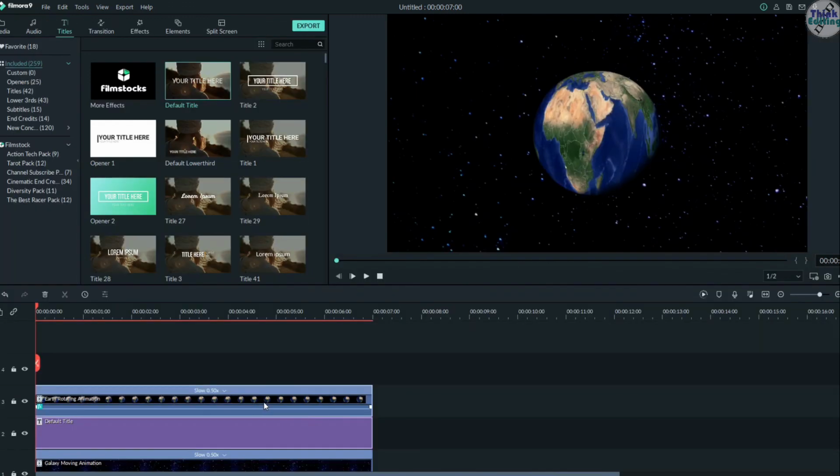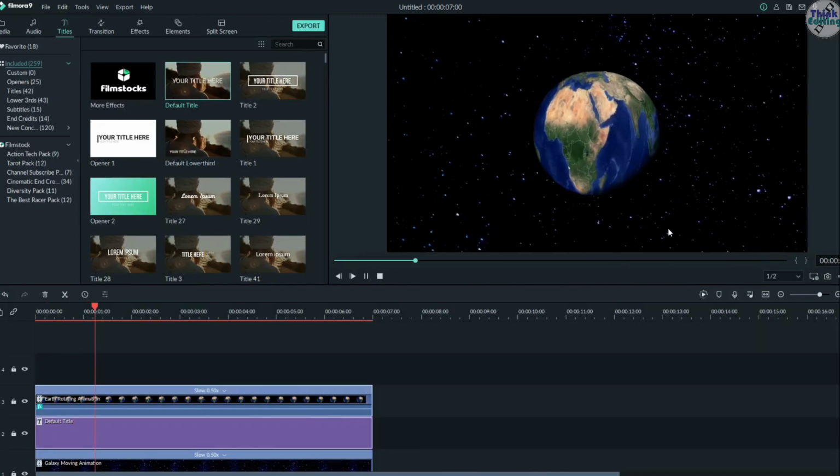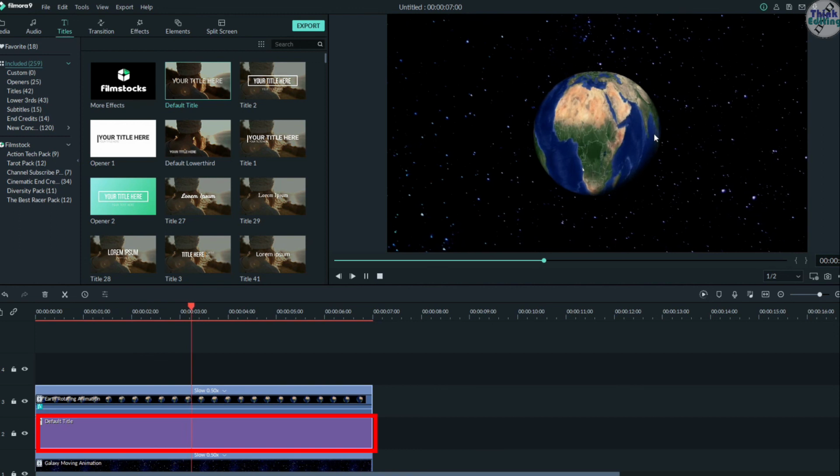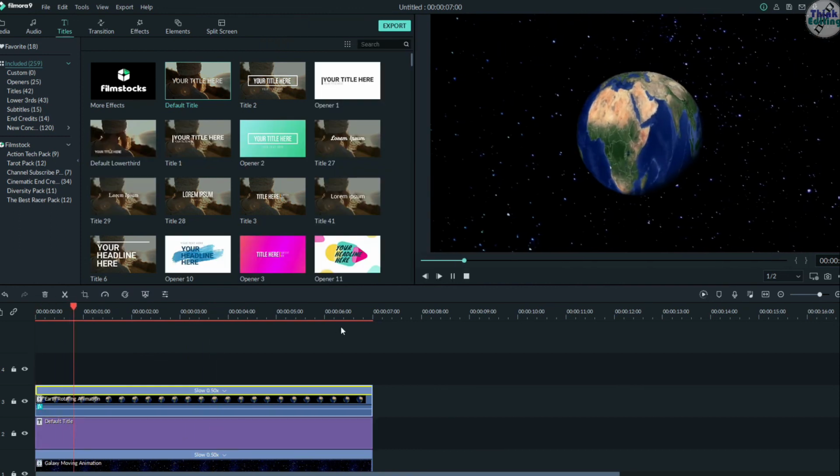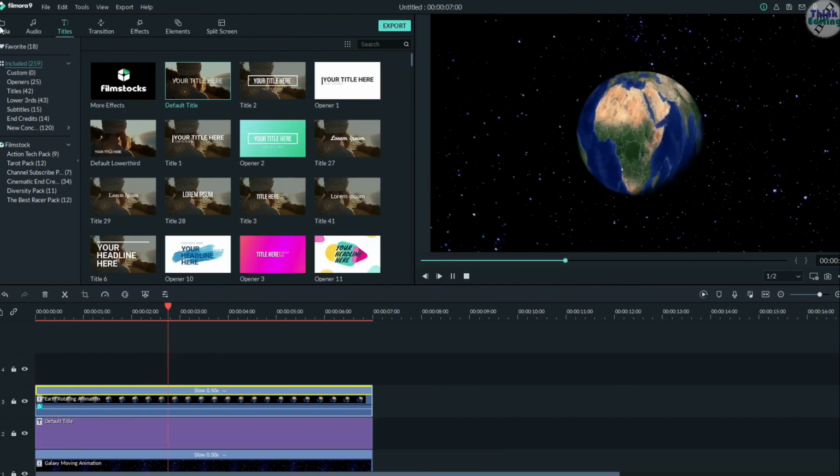Now cover the earth image completely and place the text layer between the two layers. Now play it for the last time. It is your final result.